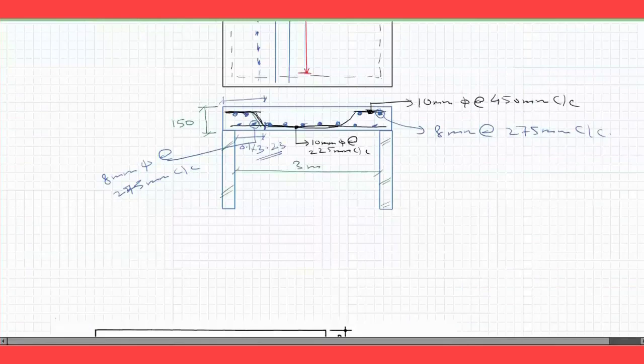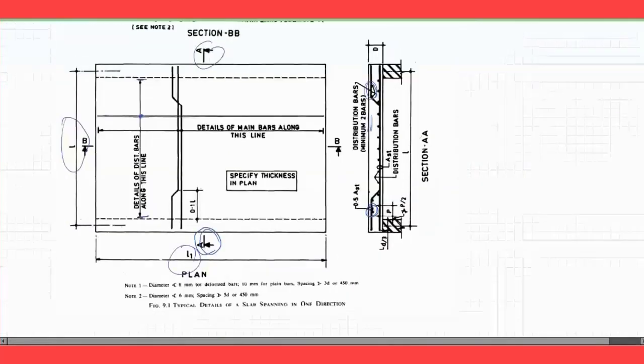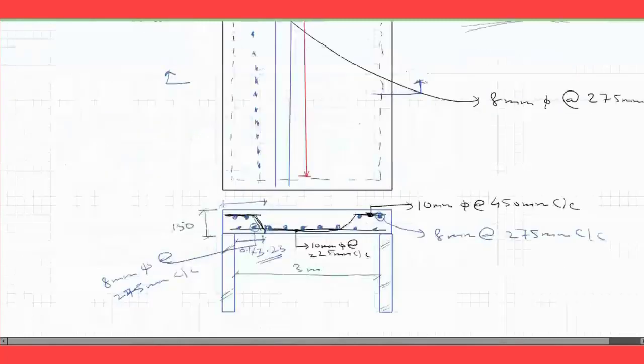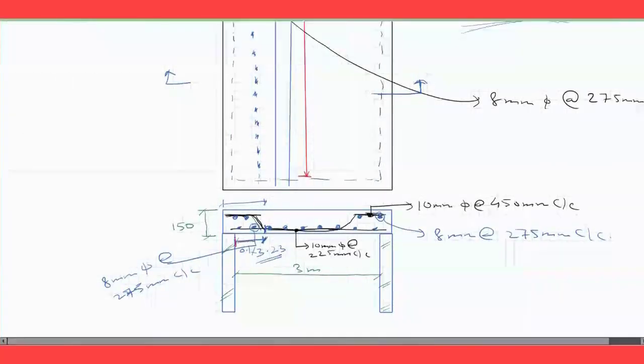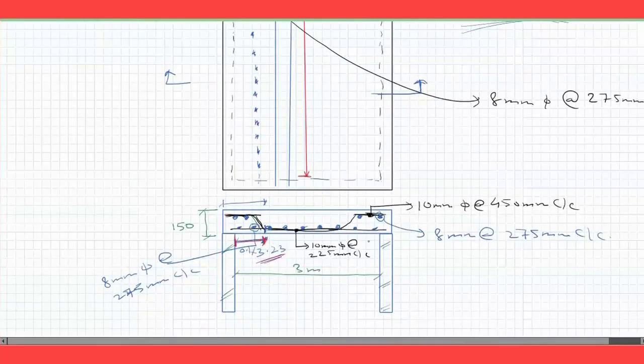So as per SP34 guidance, this span is L. So the cranking distance from the face of the support is 0.1 L. So in this section, when I make it, I can show this distance. From here till here, from the face of the support till the cranking portion, this distance will be 0.1 L. That L was center to center, so 0.1 into 3.23. Is this clear? Yes, sir.